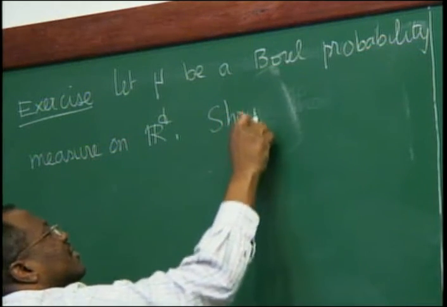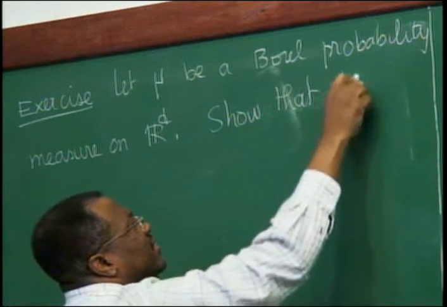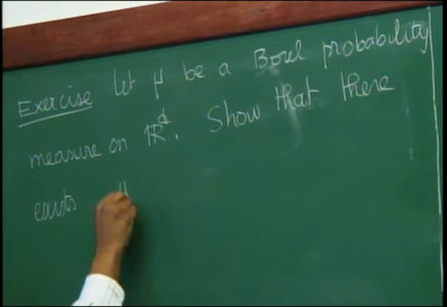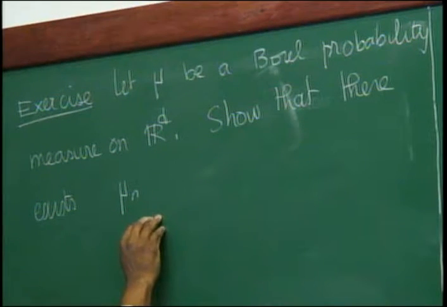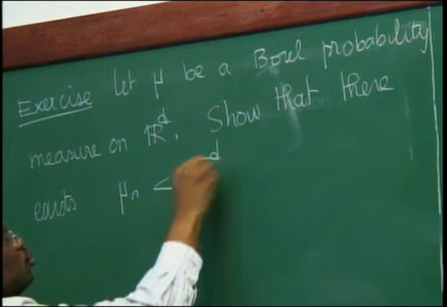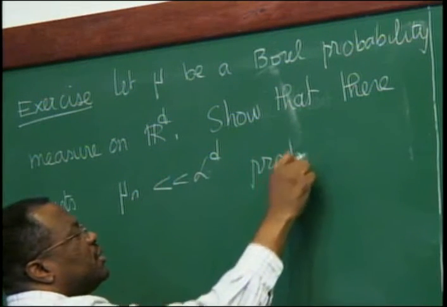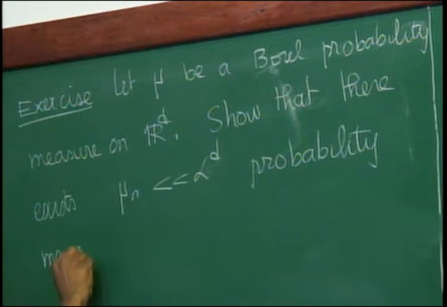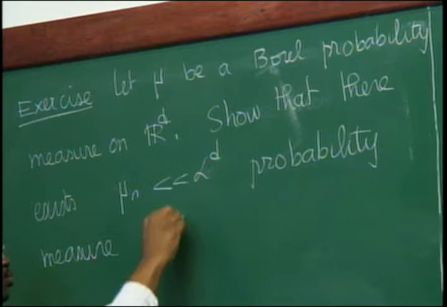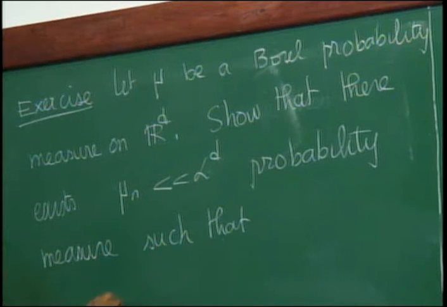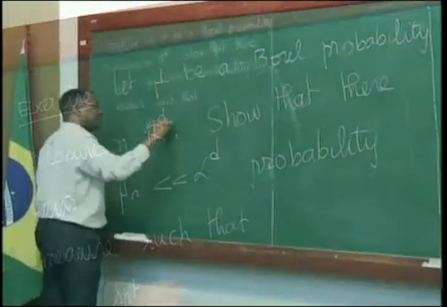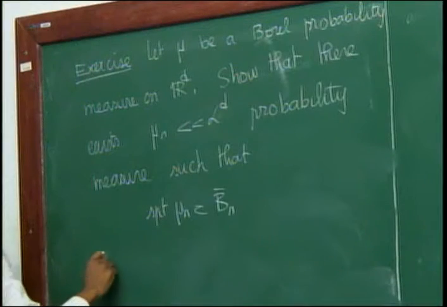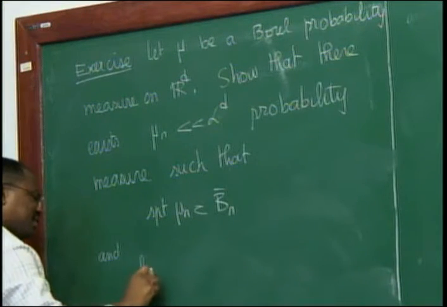Show that there exists a sequence mu_n, absolutely continuous with respect to Lebesgue measure, probability measures, such that the support of mu_n is a subset of the closed ball of radius n, and